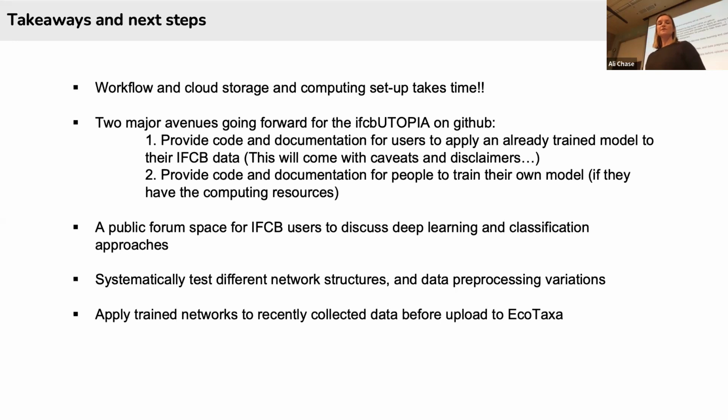And hopefully within, I don't know, a month or 2, we'll have a network that we can try applying to all of the data that I just collected last month in the South Atlantic. It's untouched so far, so it's a huge raw data set, but if we can run the deep learning network on it first, then we can push it to EcoTaxa to visualize and maybe correct some errors.